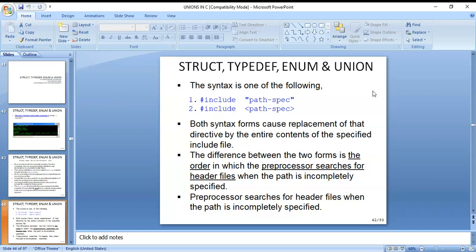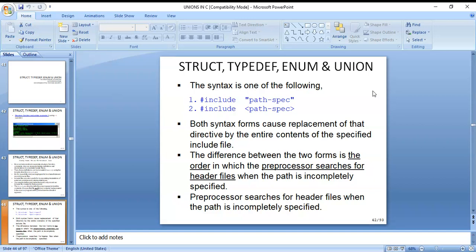Those days the C compiler only supported Unix. Nowadays there are different types of operating systems, Unix, Red Hat, Windows, and compilers supporting them are available in the market.